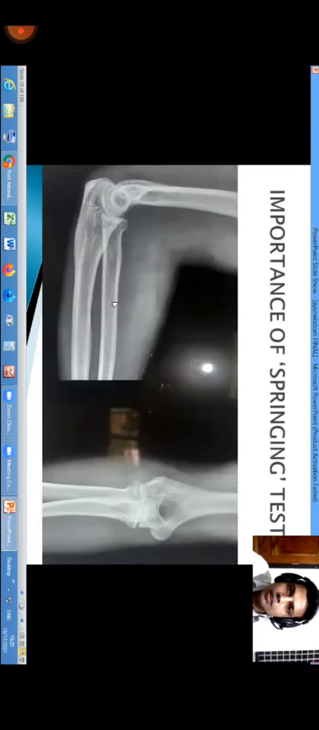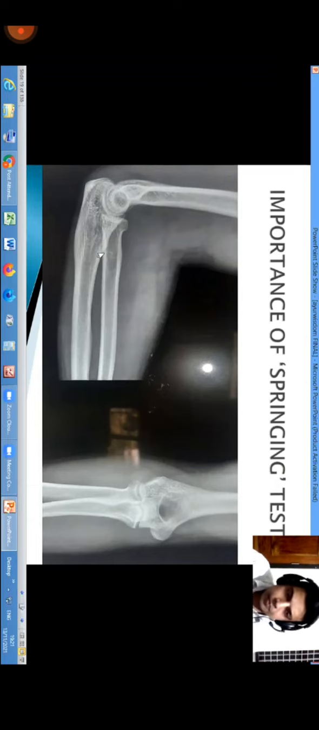Then coming to the importance of the springing test. In this X-ray, we can see a hairline fracture, an undisplaced hairline fracture here in the radius. But we may miss this in X-ray. So in every patient with an injury in the forearm, we should do the springing test to rule out any fracture of